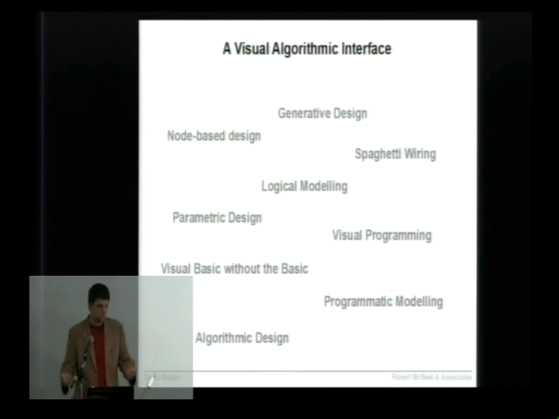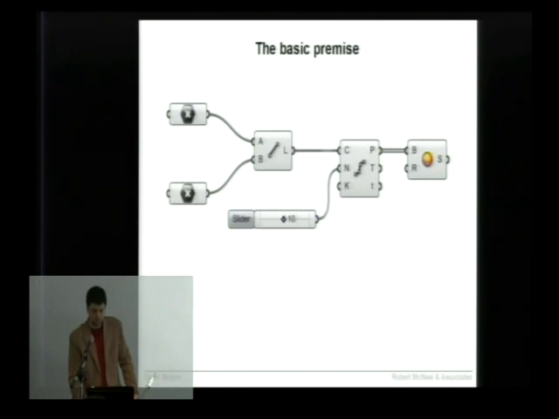People use words to describe things like Grasshopper, and typically they're pretty buzzy kind of words, but they don't tell you much, and they are laden with notations. So I prefer to just show you how it works. And this is a very, very simple example of a Grasshopper file. It consists of two main elements. There's data, and there are actions.